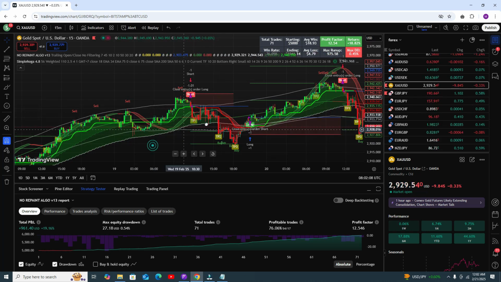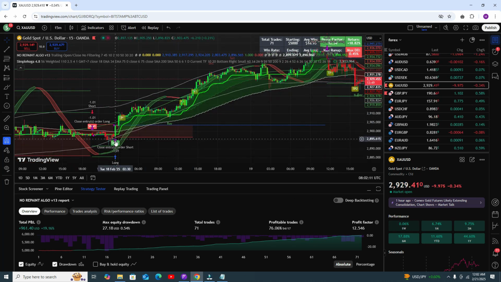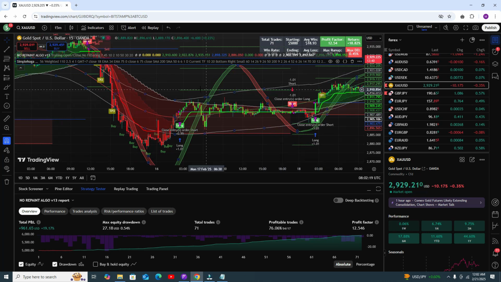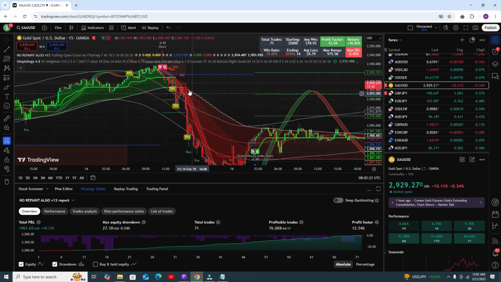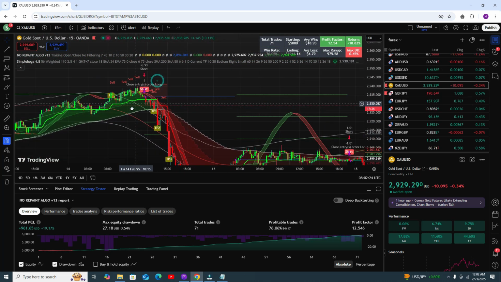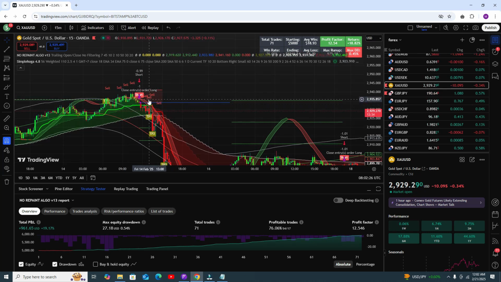Okay, let me show you some more results here. Here you can see after getting the buy signal, the second indicator gives you the buy signal, then definitely catch the signal and you will get 100% accuracy. Okay, let me show you some more results here. Here after getting the sell signal, the second indicator gave you the sell signal, so that is a very, you can say, 100% accurate signal, so do not miss that type of signals.